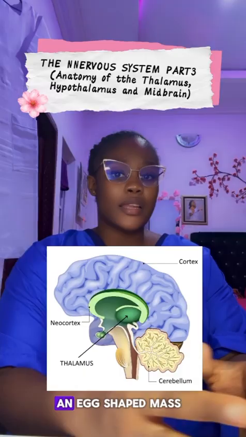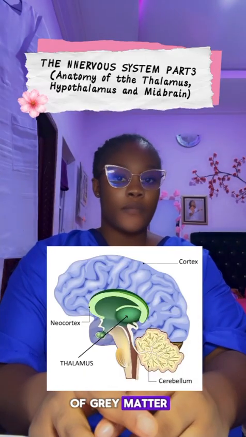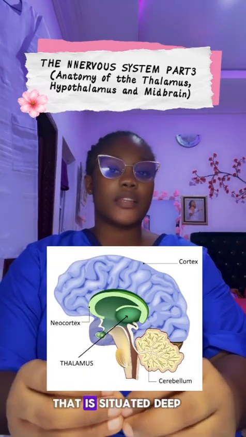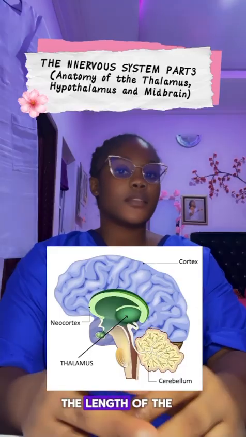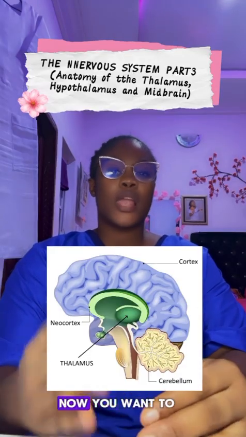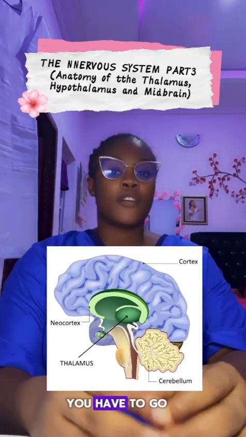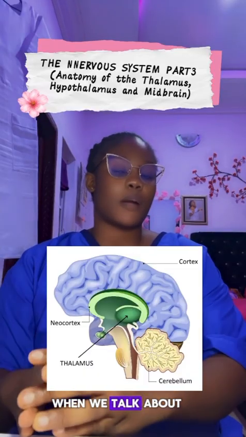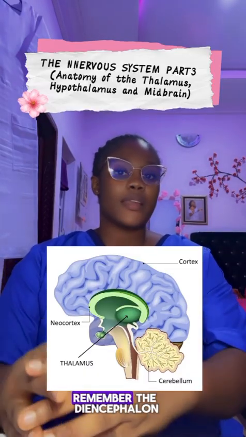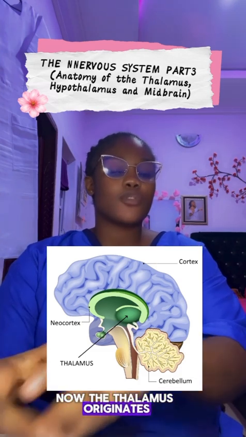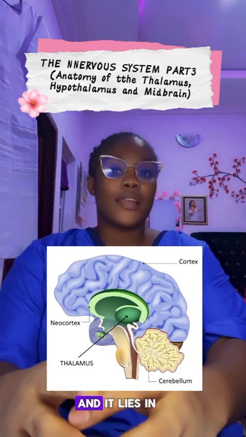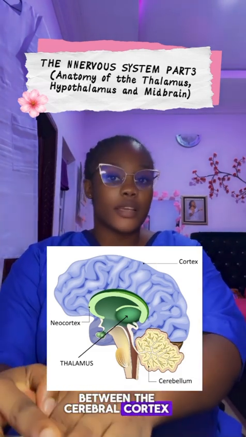Now the thalamus is an egg-shaped mass of gray matter that is situated deep within the brain. The length of the thalamus is about 4 cm. Now if you want to talk about the location of the thalamus, you have to go back to neurulation when we talk about differentiation of the brain. Remember the diencephalon. Now the thalamus originates from the diencephalon and it lies in between the cerebral cortex and the